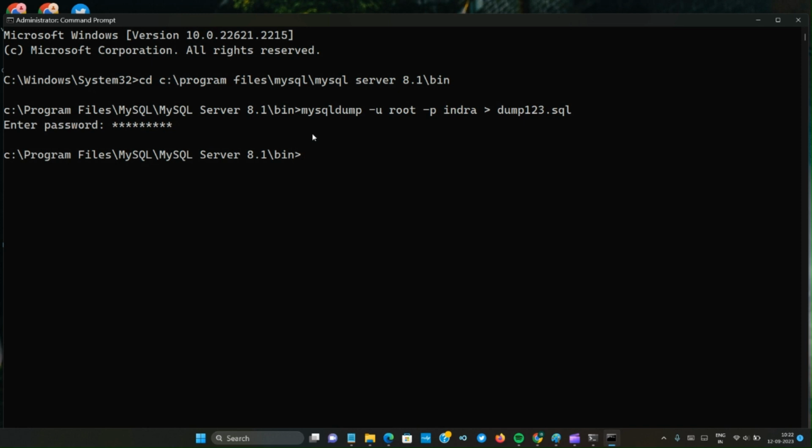Now to import the database from the dump file, the MySQL command can be used to import the data back into a destination MySQL database. So once you have the SQL dump file,